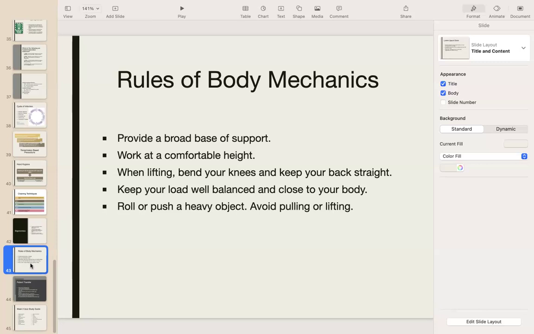So anytime you have a patient that needs assistance and you don't think you're going to be able to help, I suggest that you ask for help, because you don't want to injure yourself. I know a lot of times with our ultrasound techs, they do a lot of repetitive motion, so they tend to have issues with their wrist, carpal tunnel. But I've known technologists to hurt their back doing certain things, moving patients,